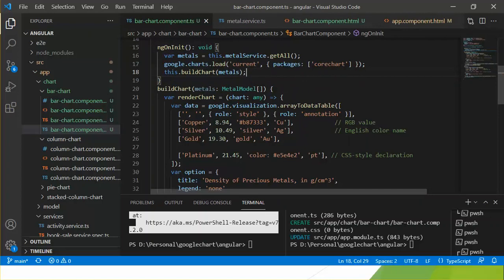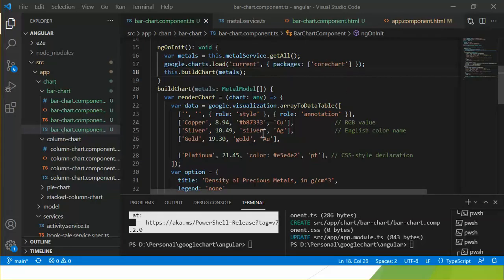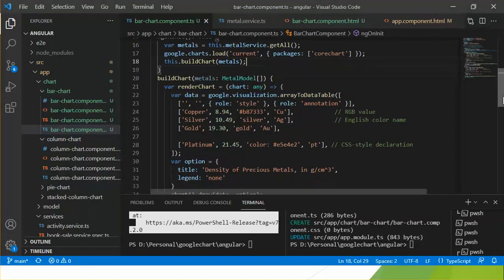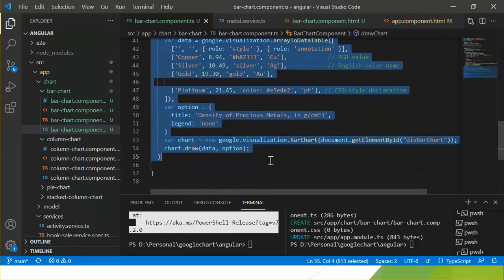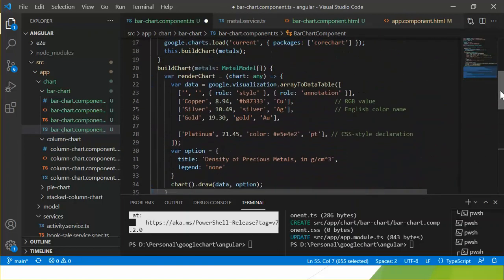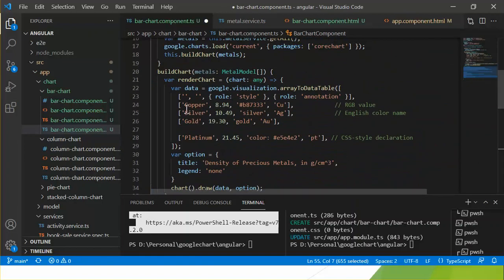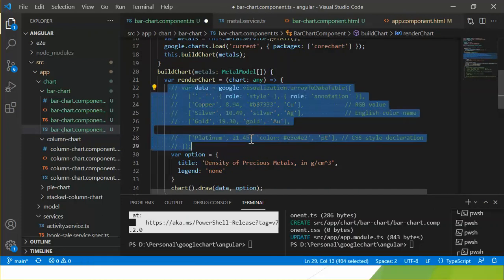Okay, let's see the browser. After refactoring, now we can see the same bar chart, but still we are using hard-coded data. First we need to comment out this code. We do not need the draw chart, and still we are using the hard-coded data. Let's comment out this hard-coded data here.